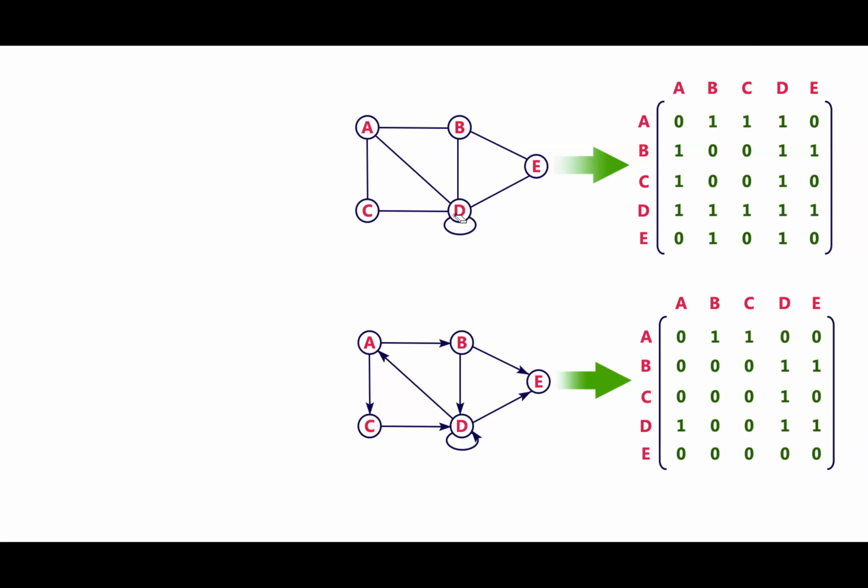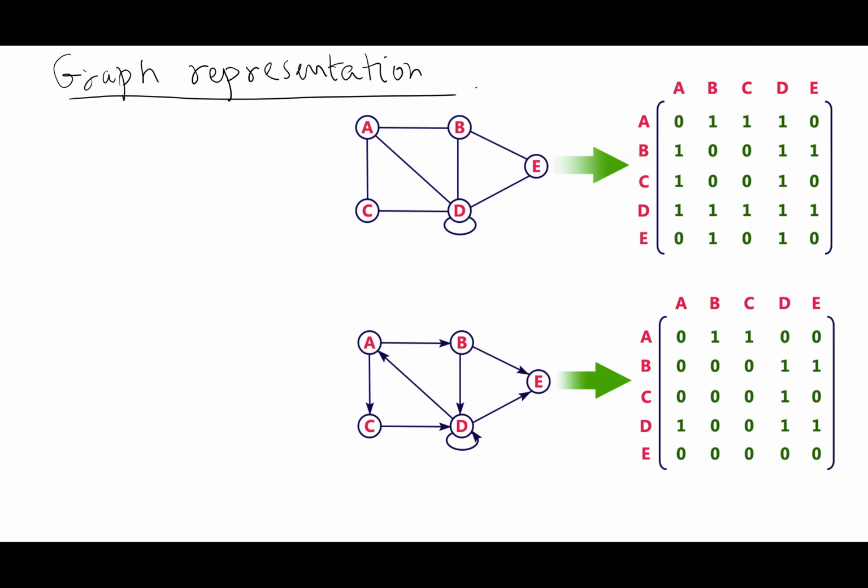Okay, next is graph representation. This is very important because whenever we will be solving problems, we need to have a graph representation, how graphs are actually represented, right? So far we have talked about sets of vertices, edges, all abstract things, but now let's talk about how graphs are actually represented using data structures. So the first way is,